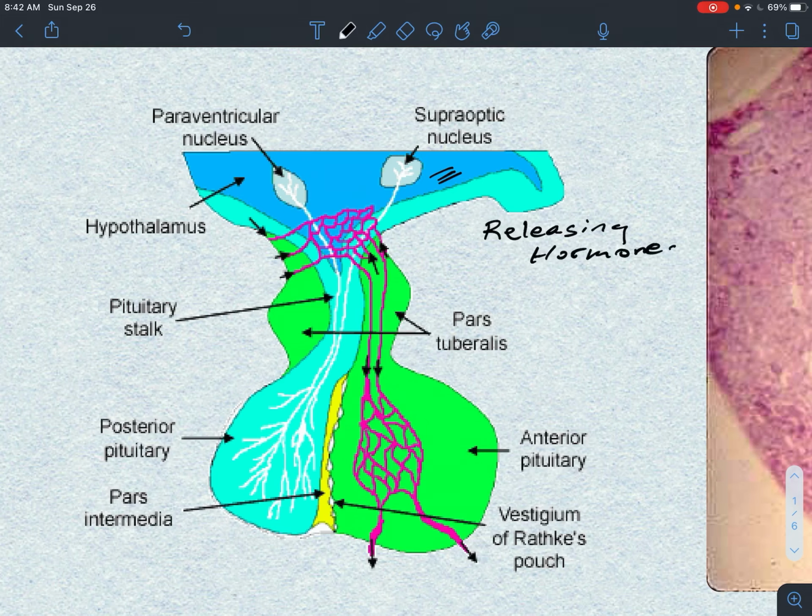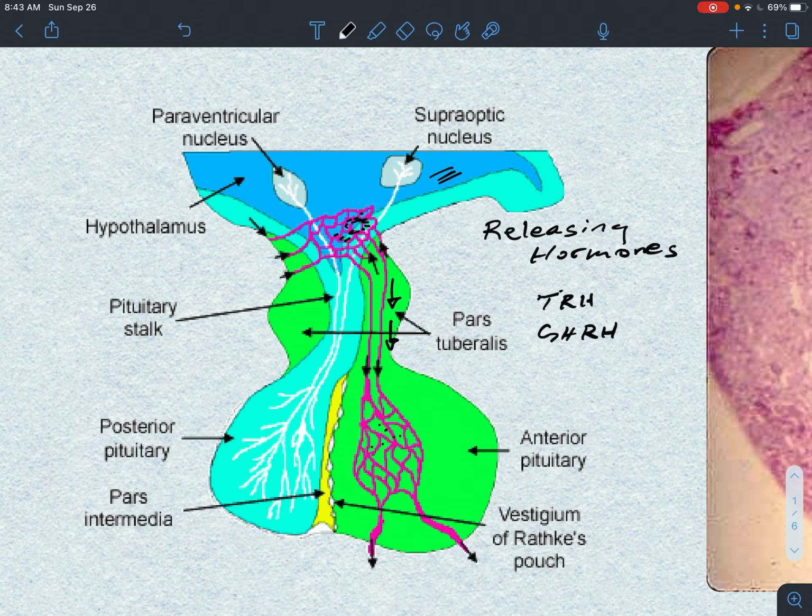And those releasing hormones go into the bloodstream up here, where you see that capillary bed, and then they travel down these capillaries that bring those releasing hormones, for example, thyroid releasing hormone or growth hormone releasing hormone, right? These are some examples. They bring them down to the anterior pituitary through these blood vessels, and then the anterior